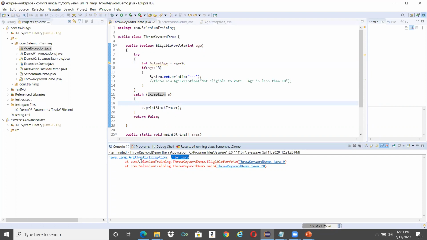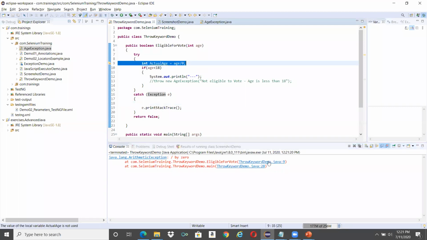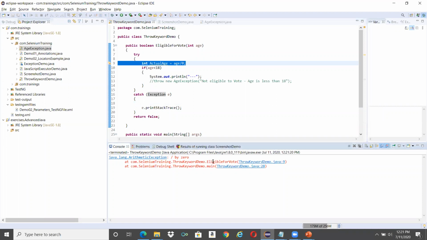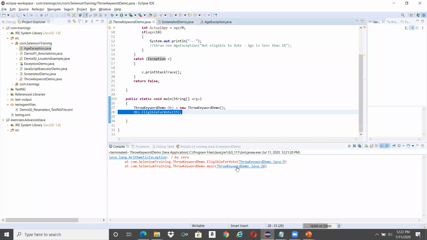This arithmetic exception got executed, and this exception is actually thrown by this method. But from where was it called? This particular method did not handle the exception here, and it has to throw it here.